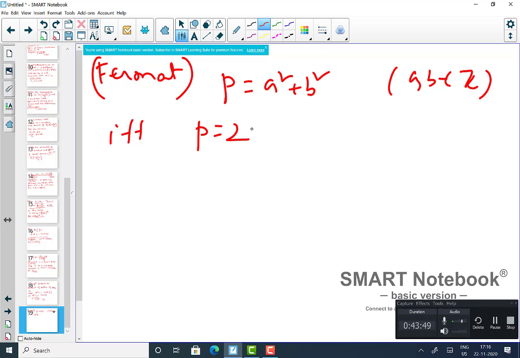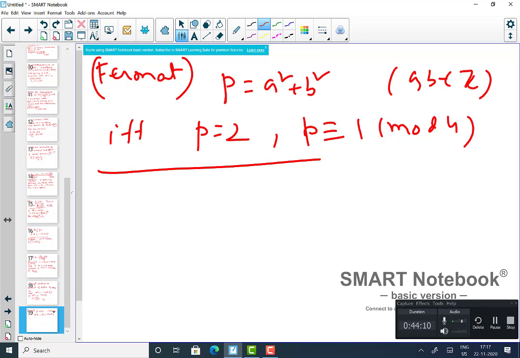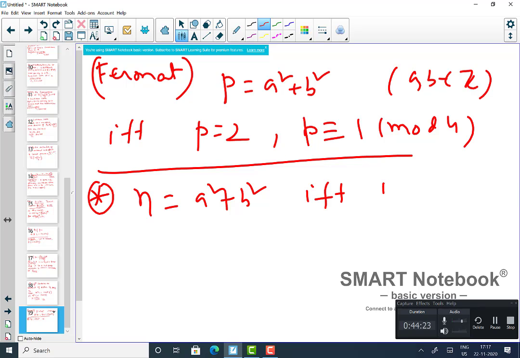In fact you can say much more general thing, that n is equal to a square plus b square if and only if